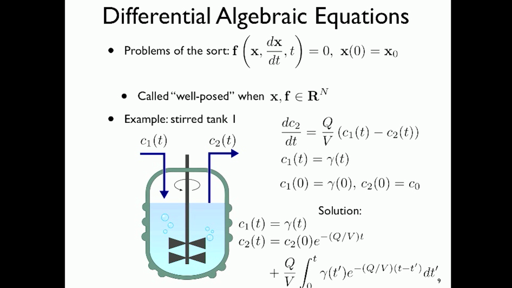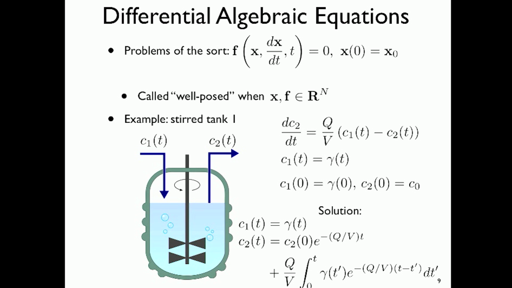So into the stirred tank comes some concentration of solute, right? Out of the stirred tank comes some different concentration of the same solute. We want to model the dynamics as a function of time. Okay. So we know that a material balance of the solute on the stirred tank, if it's well mixed,